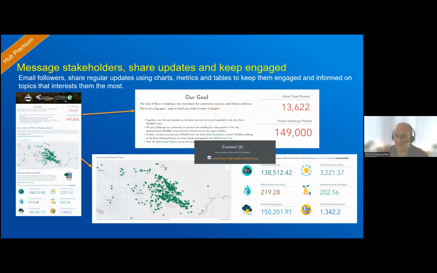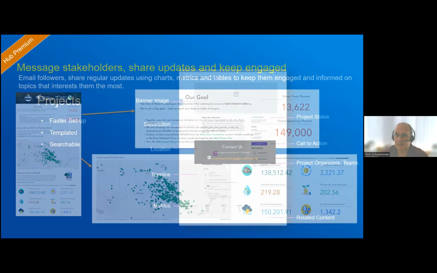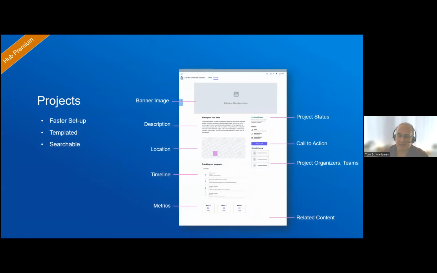The ability to, I mentioned this, to message people as well. And then there's a couple other things. There's the idea of creating teams and assigning community members to teams so they can help build your hub site. And also this idea of projects.